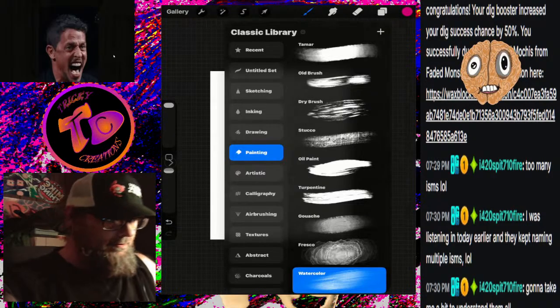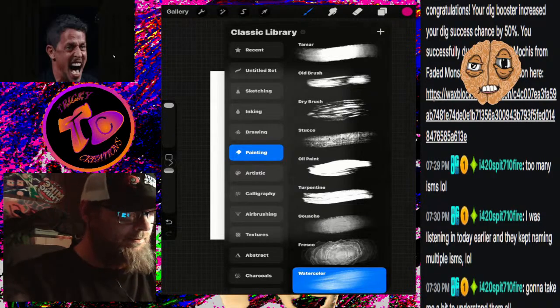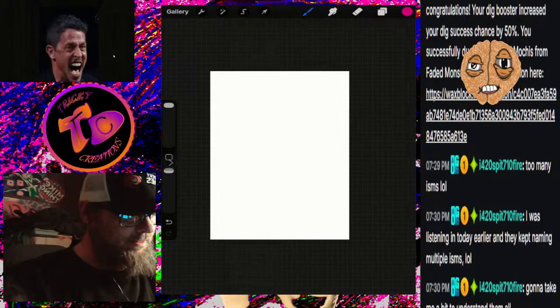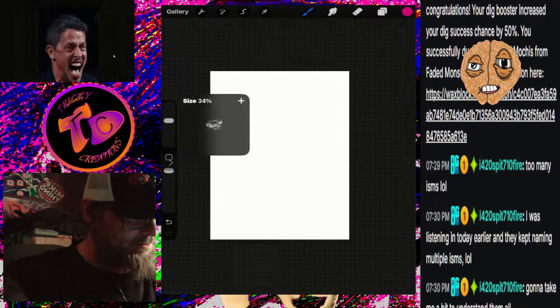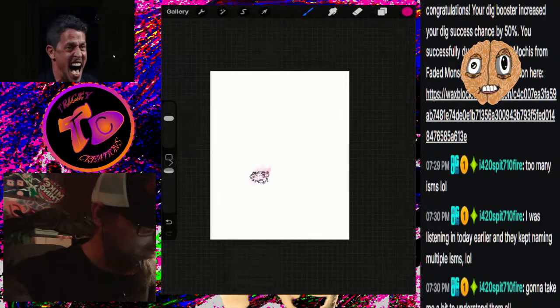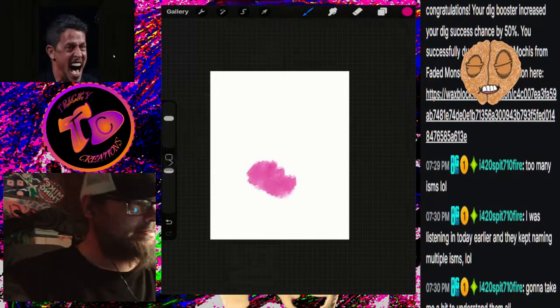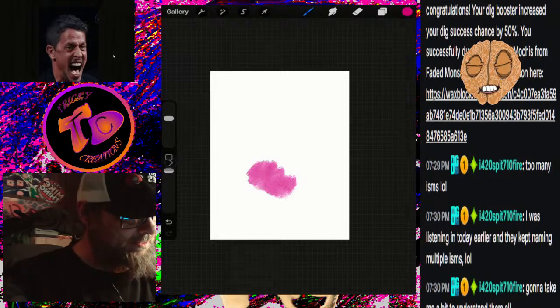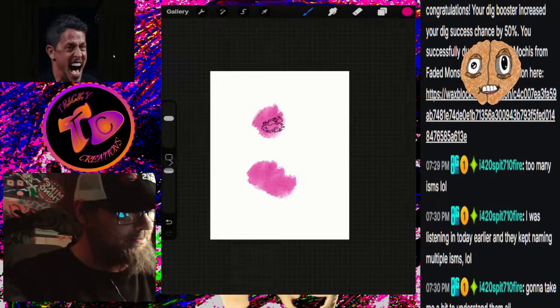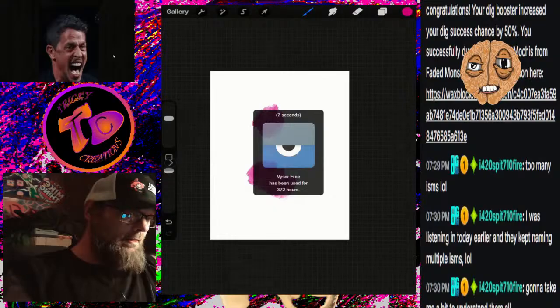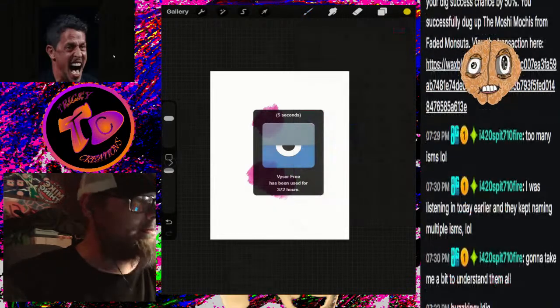Well, we got that cheek right there. Ooh, we gotta tone this down quite a bit. Who knows what this is gonna look like by the time it's done. Whew, watercolors, huh?